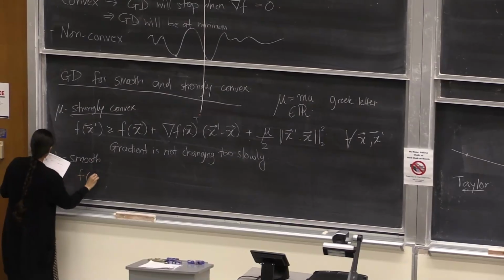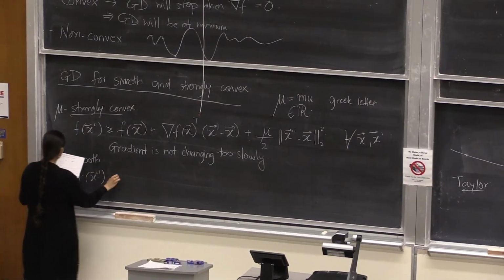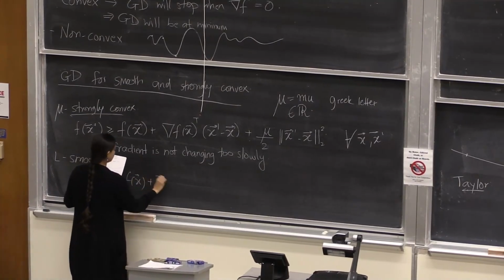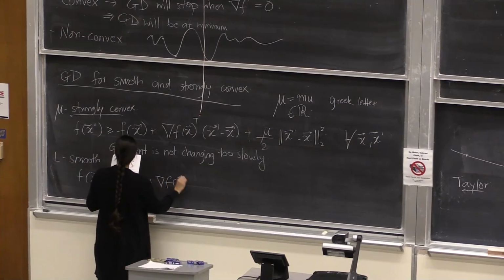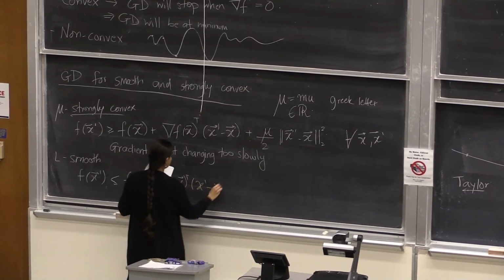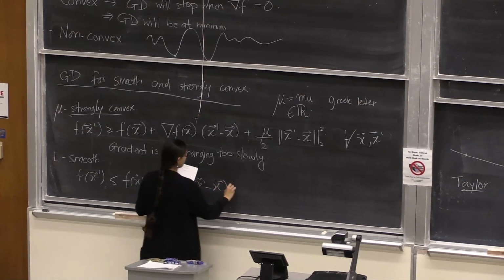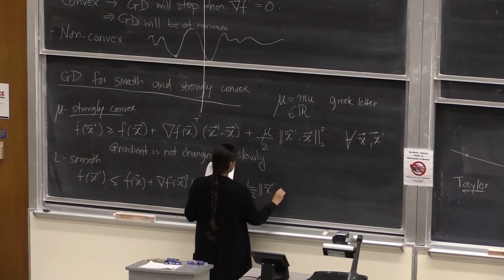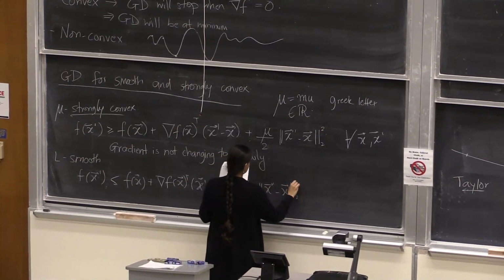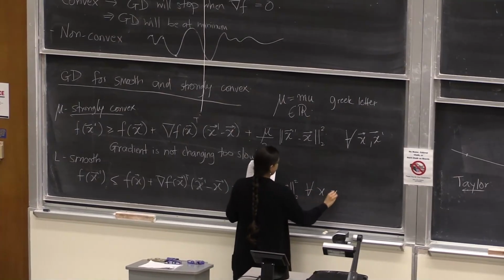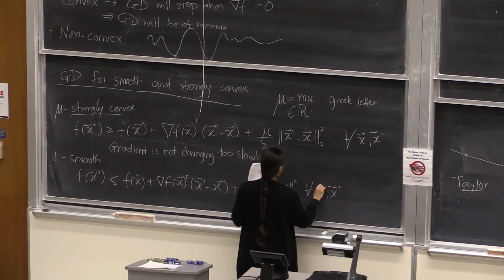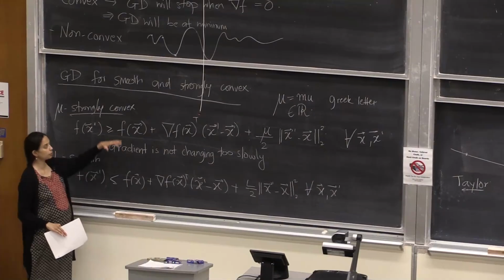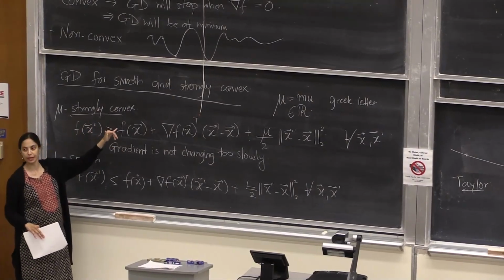And here I have f of x prime less than or equal to f of x. One thing I forgot to say explicitly before I get to L smooth is, of course, being mu strongly convex